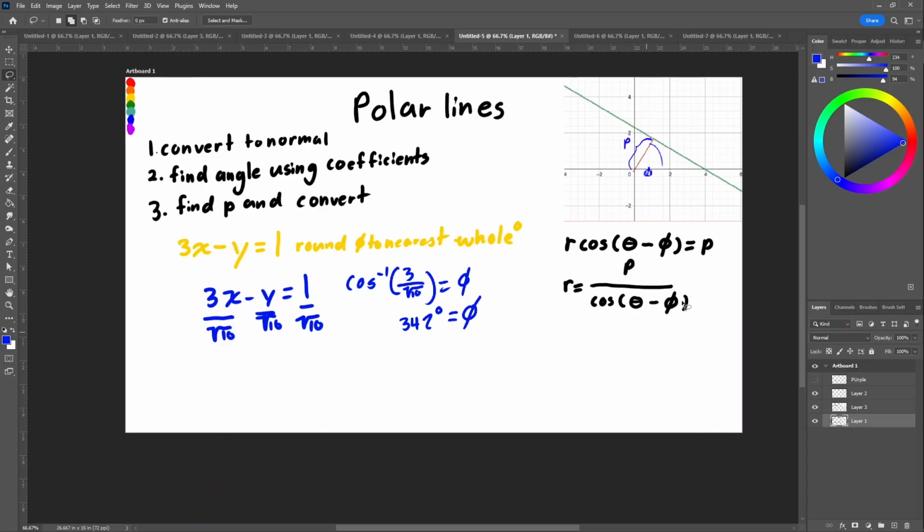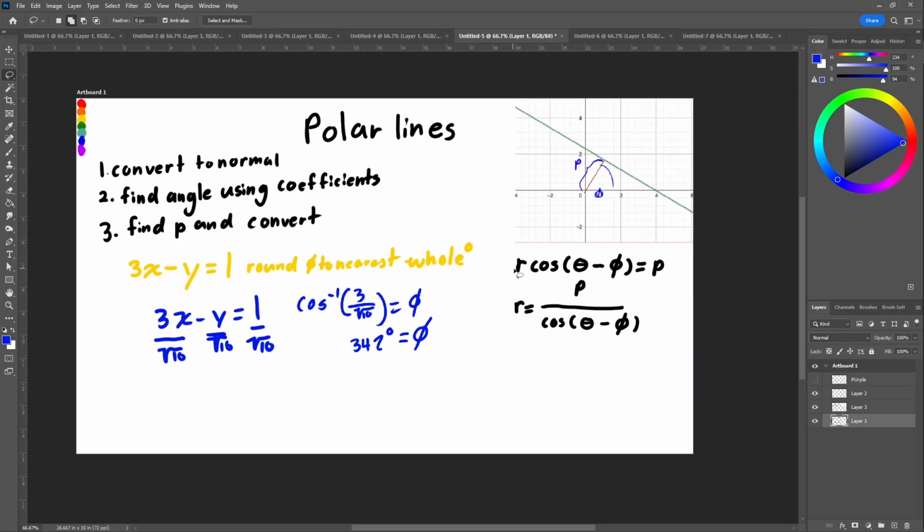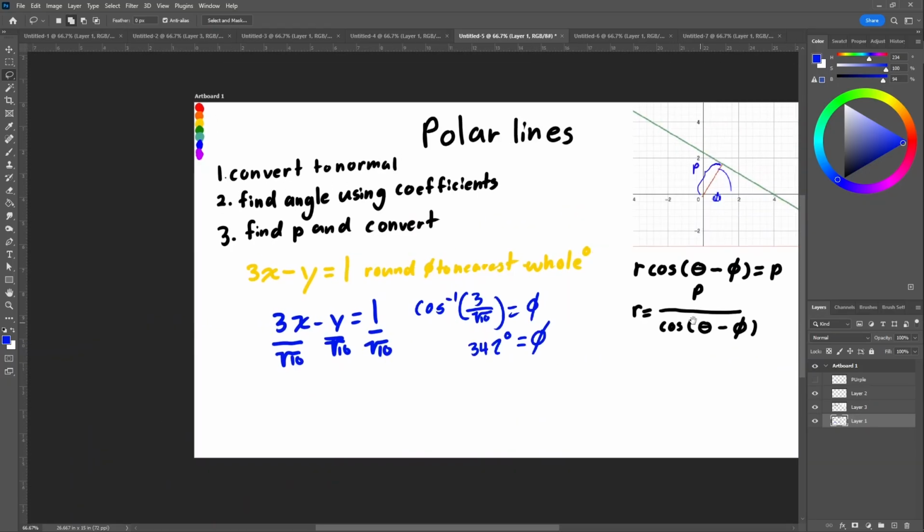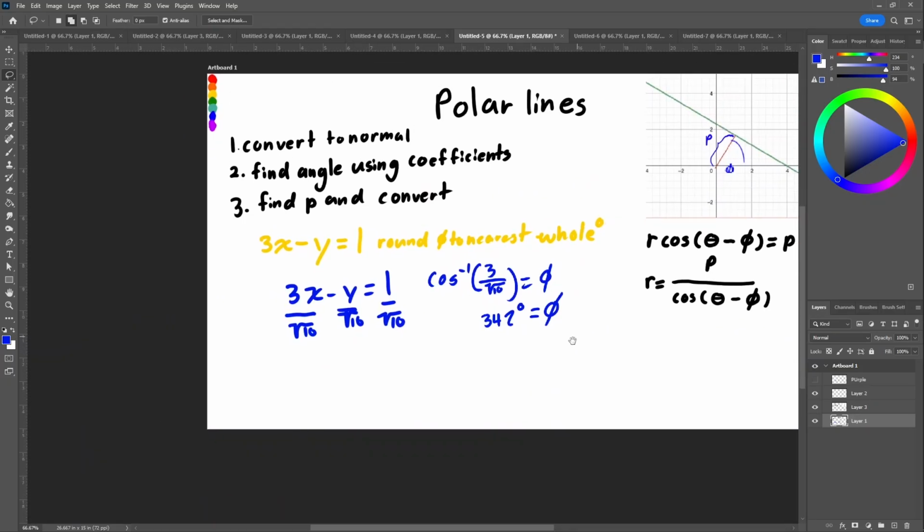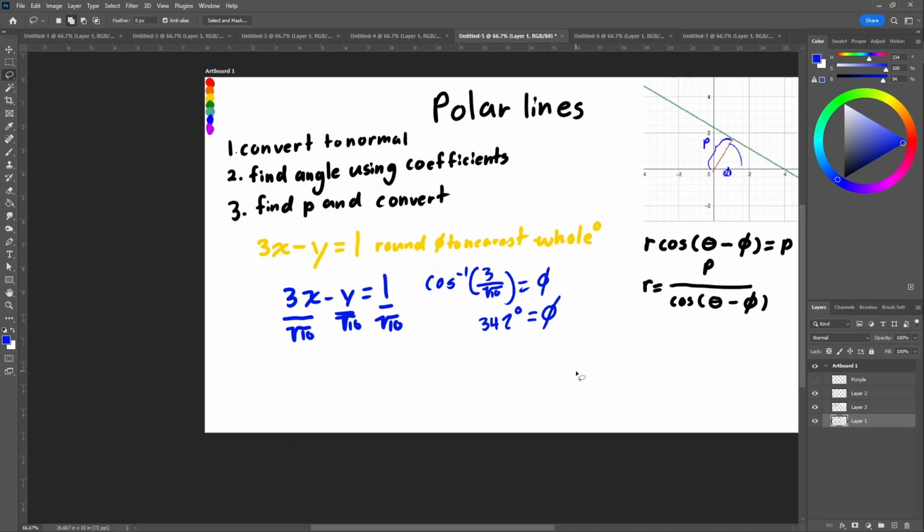Which, actually I should have mentioned this earlier, looks like this: R cosine of theta minus phi is equal to P, or R is equal to P over cosine of theta minus phi. It's the same thing, just restructured depending on what your teacher is asking for. But since we have our phi value and we know that our P value is just this on the other side of the equation, so P is equal to 1 over root 10,